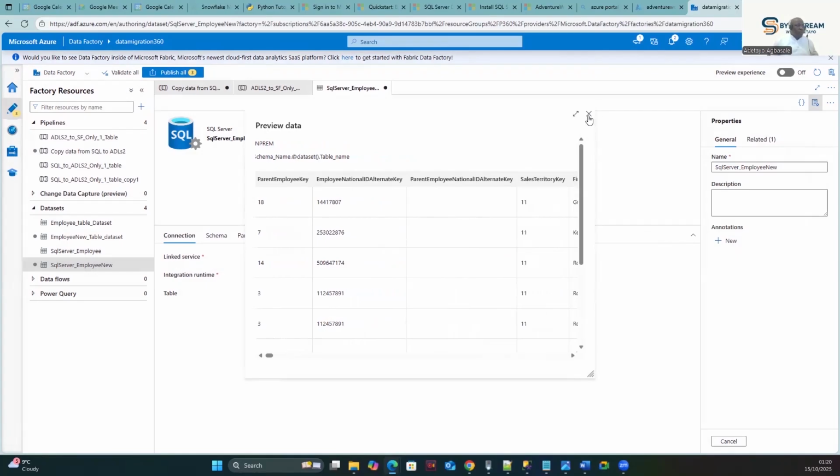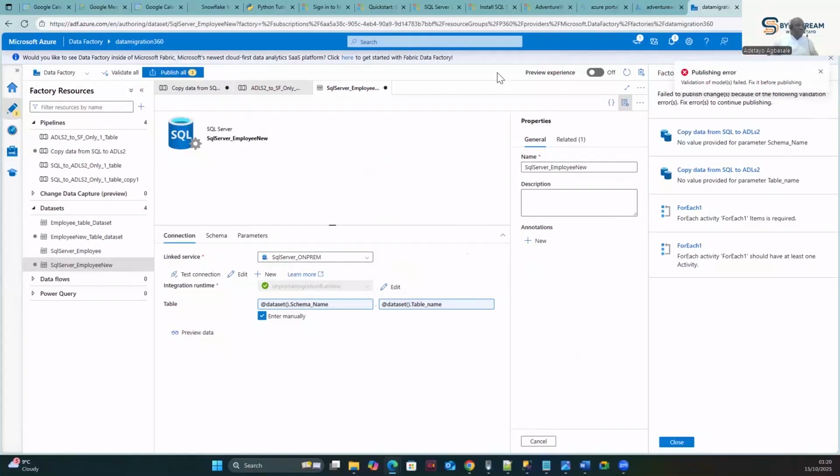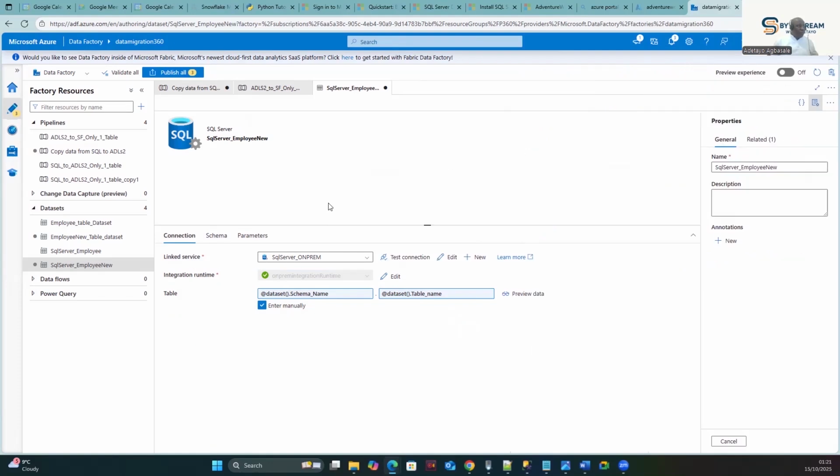All right. Once you're fine with that, you can publish. Okay, so it throws an error, and that's because the ForEach activity is yet to be configured, so don't worry about that. The next one we'll be doing